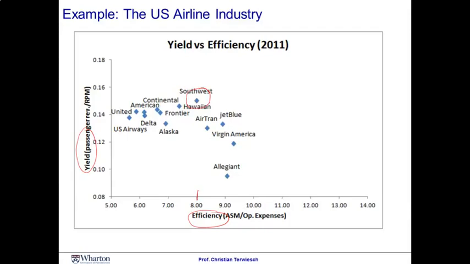We'll explore the reasons of Southwest's decline in productivity later on in this module. You also notice how the legacy carriers, American, United, US Airways, Continental, Delta, have basically suffered an enormous loss in pricing power. They have kept more or less efficiency, but they have dropped down on the revenue side. The new darlings from an operational perspective are companies such as JetBlue and Virgin America. They have redefined the frontier in the operations of the airline industry.